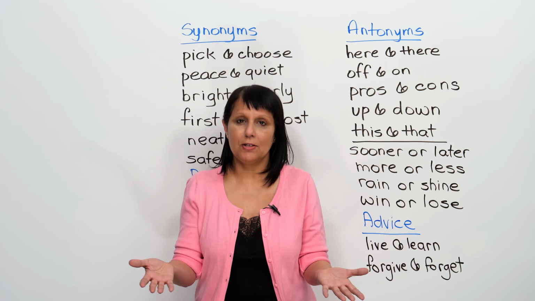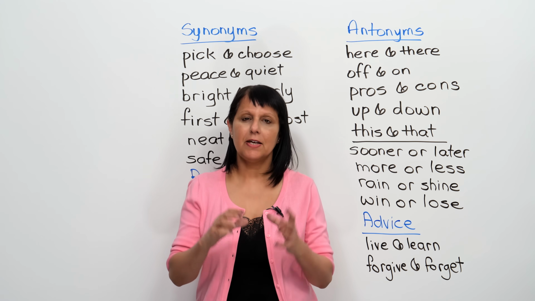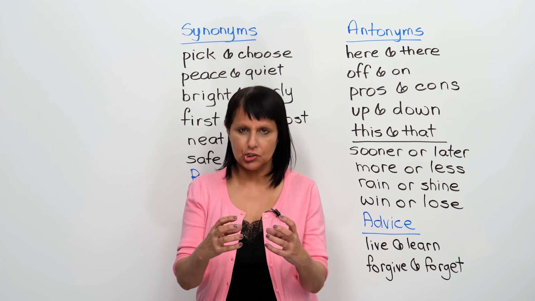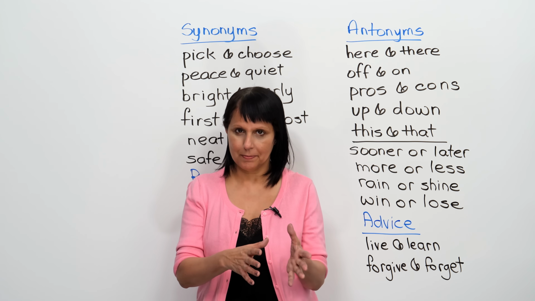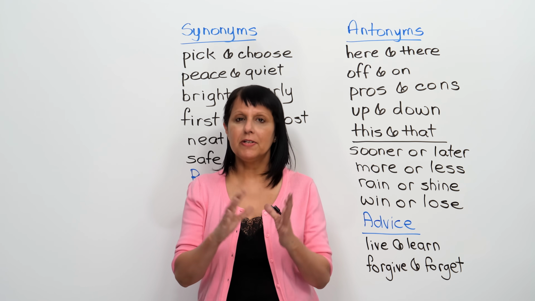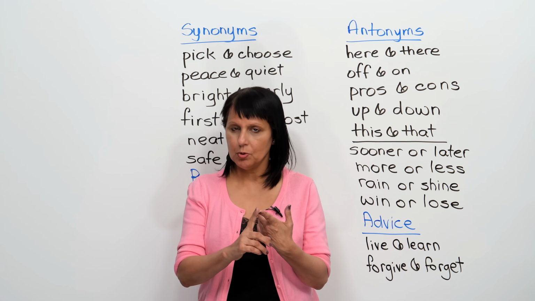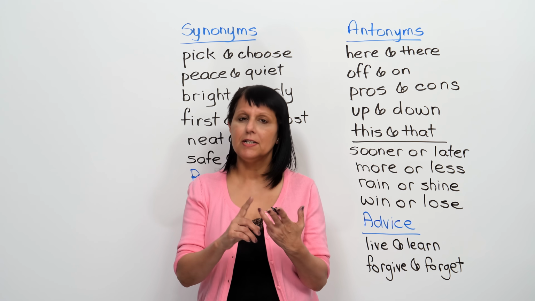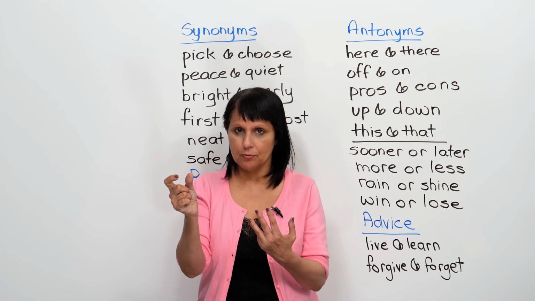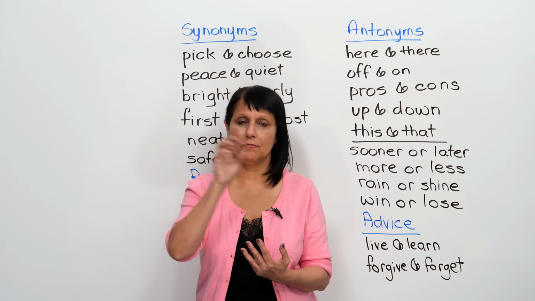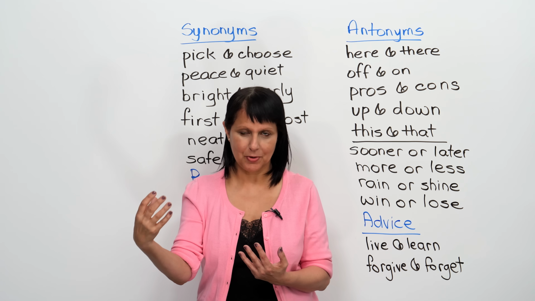Now, what are binomials? Binomials are two-word expressions that are joined by a conjunction. A conjunction is a word like and, or, by, and so on, okay? Now, what are the characteristics of these binomials? So as I said, they're two words. They're joined by a conjunction. Usually, they are the same category of words. So we may have noun, noun, verb, verb, adjective, adjective, adverb, adverb, okay?